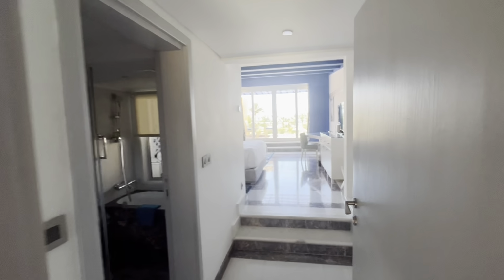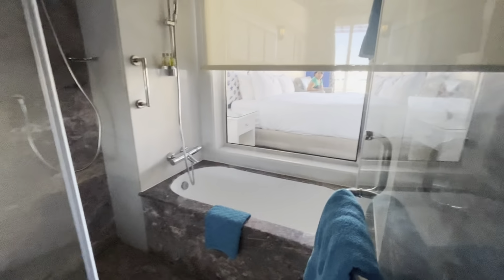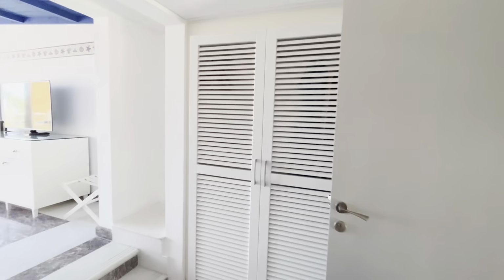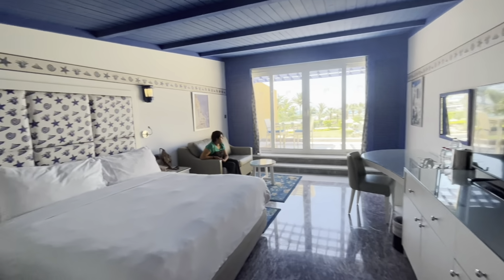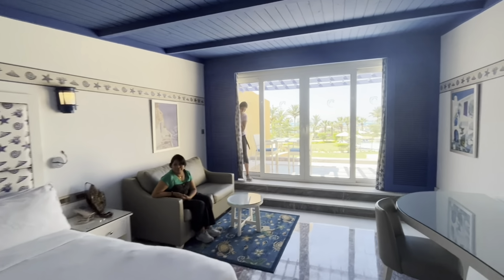Oh, wow. Oh, here's another bathroom. And a window from the bathroom into the room. Okay. And more closet space there. Little nook and cranny. There's a bed. There's Lise. Naomi's up there. Oh, wow. Here's...